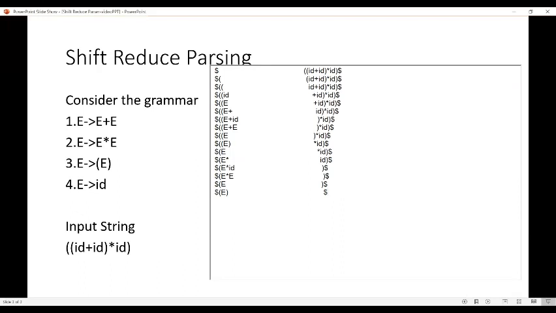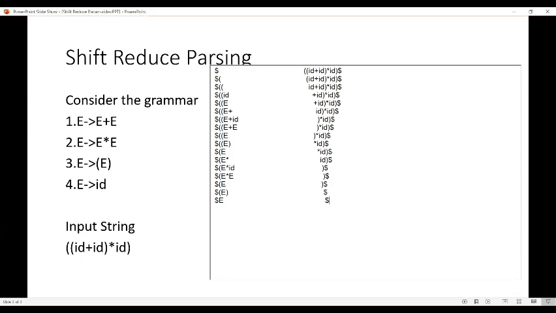So now you can see using grammar number 3, we can apply reduce operation. That is, the stack content is going to be dollar E, reduced to capital E, and the buffer content would be dollar.